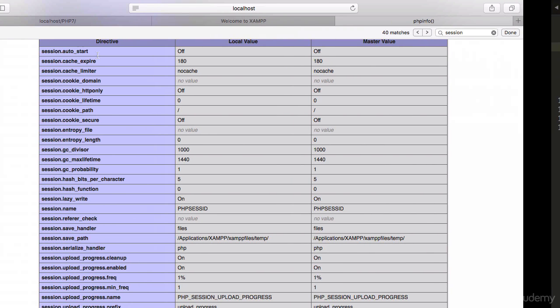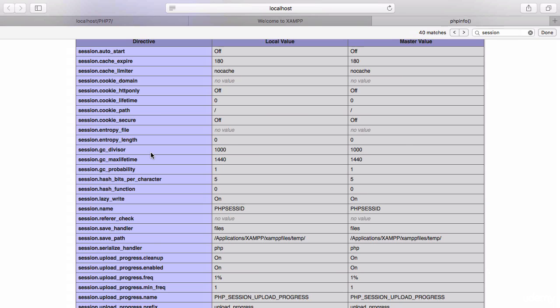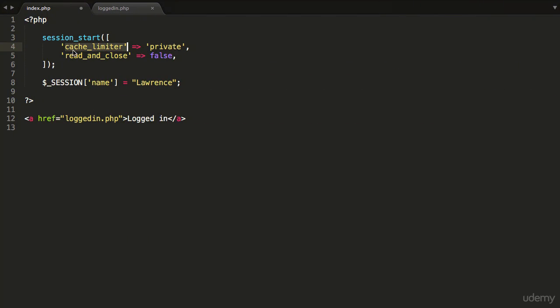And you can take a look at all the options available to you in the php.ini, and you can take a look at PHP's website to look at all of these options. There's so much here that I couldn't possibly dream of going through all of it. But all you need to do is omit session dot, get rid of that. And all you need to do is just type in the option name,